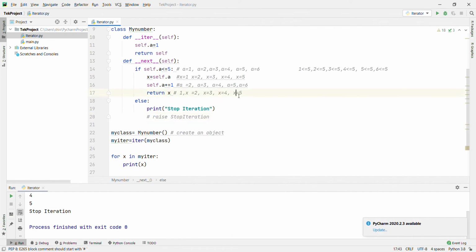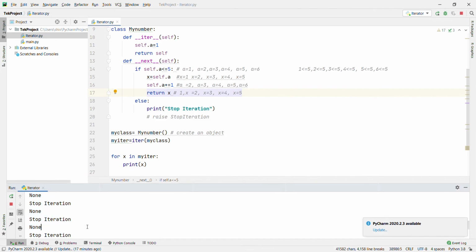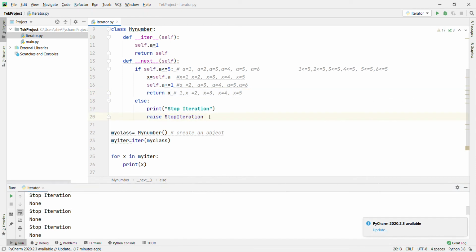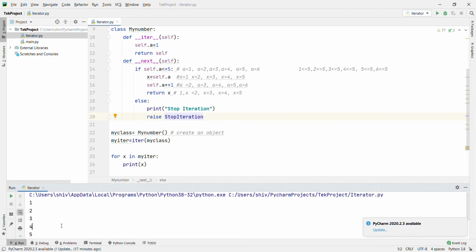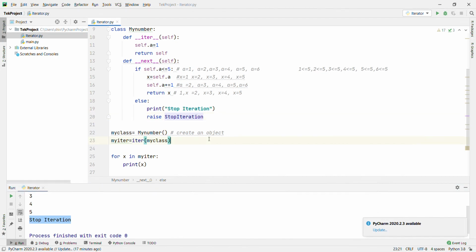Okay, let's run it and see. Right, it's going into an infinite loop. Now stop this one, and now again uncomment the code and run once again. Then it works again: 1 2 3 4 5, and then it comes to stop iteration. Right? This is clear now.